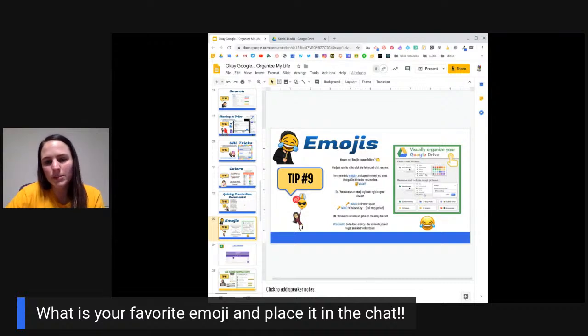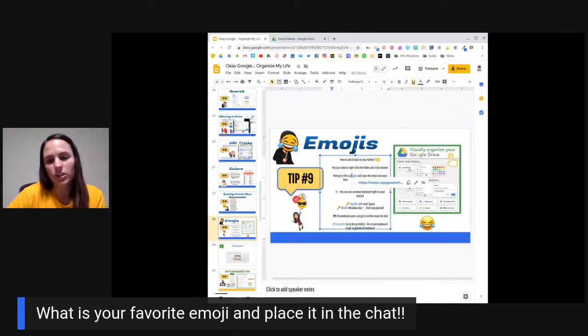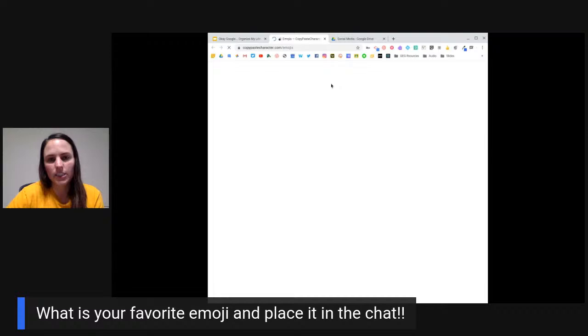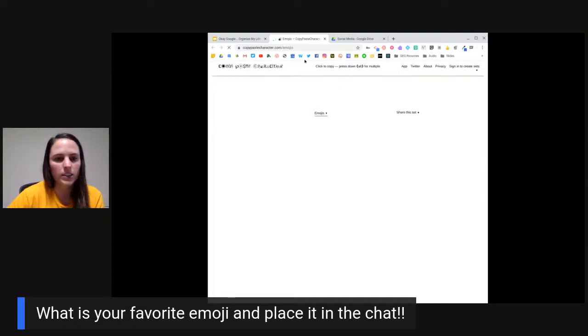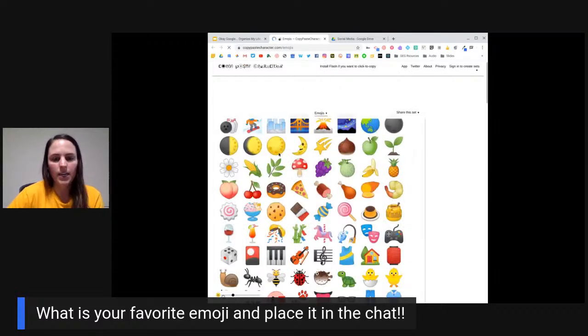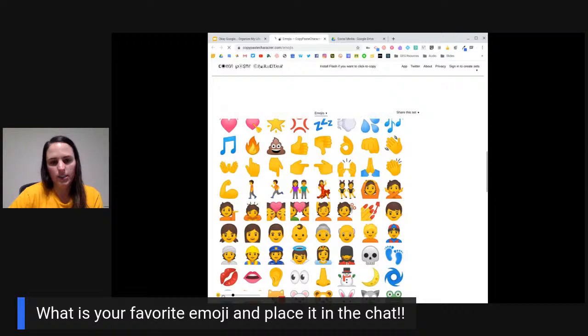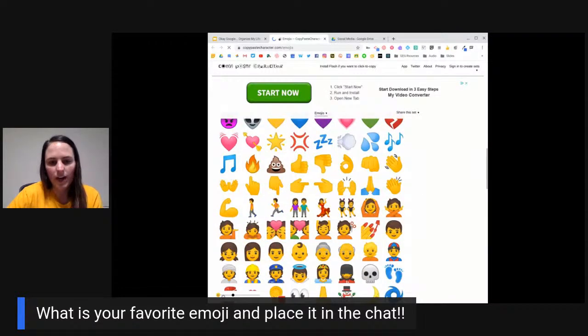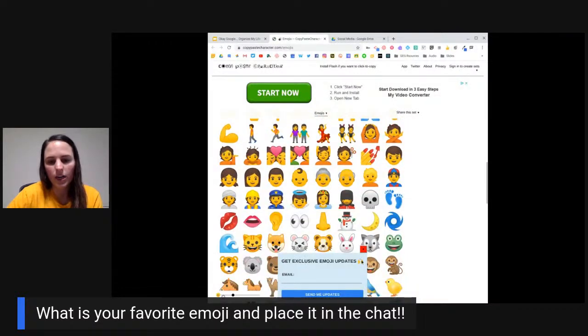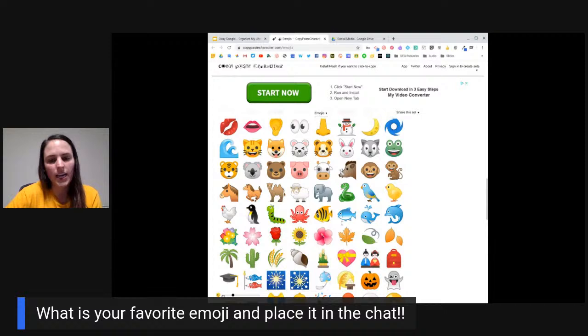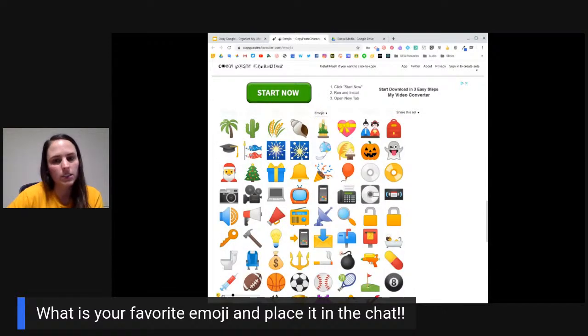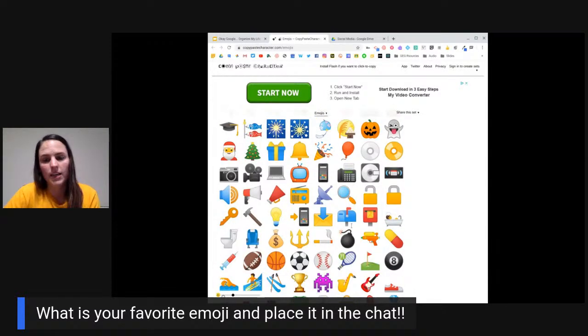If you go to this website, you will have this website after the presentation, and I'll put it in the chat once Abid is done. There are so many different emojis, so you can find your favorite emoji or help you explain one of those emojis. Any emoji site will work, or extension. Extensions do help you save time.